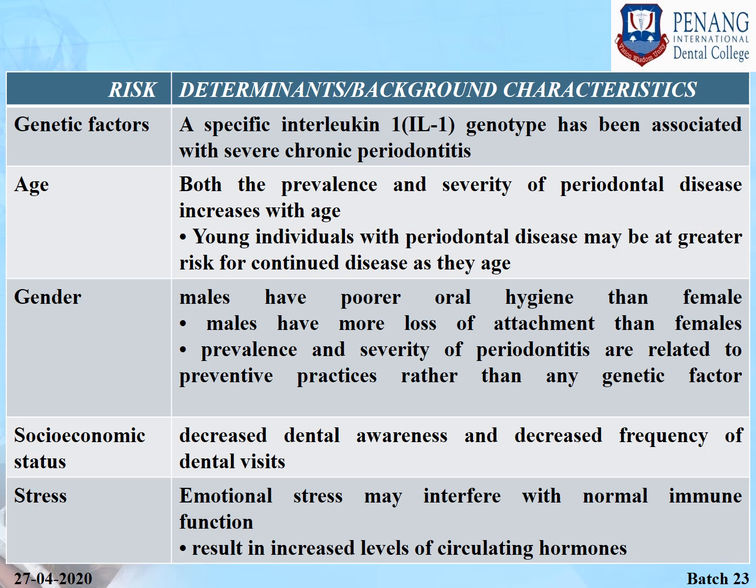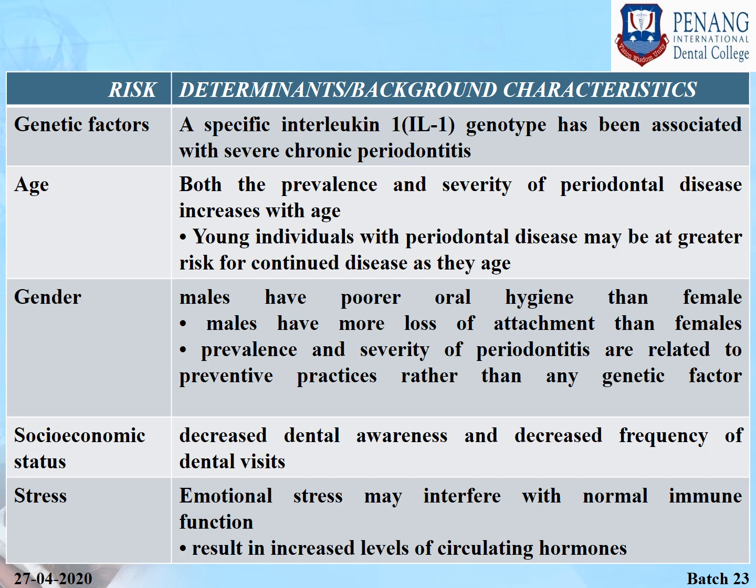Then comes risk determinants or risk background characteristics. The first one is genetic factors. Evidence indicates that genetic differences between individuals may explain why some patients develop periodontal disease and others do not. There are studies of twins which have proved that genetic factors influence clinical measures of gingivitis, probing depth, and other clinical parameters. The familial aggregation seen in localized or generalized aggressive periodontitis also indicates that there is a genetic involvement in these diseases.